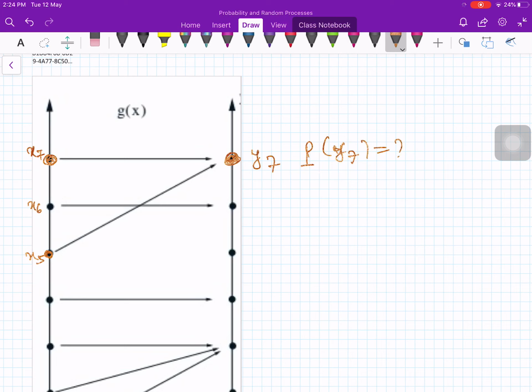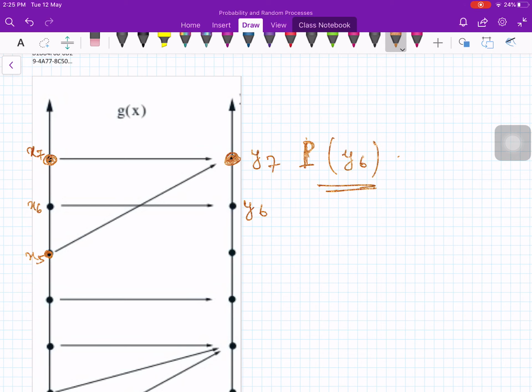We are talking in the continuous case now. It is not in the discrete case. At least if the diagram is this way, you would say this is the same as the probability that x takes this value, and this, or I'm sorry, wait a minute. So let me ask in the following way. Let me erase this. Let me say this is y6.